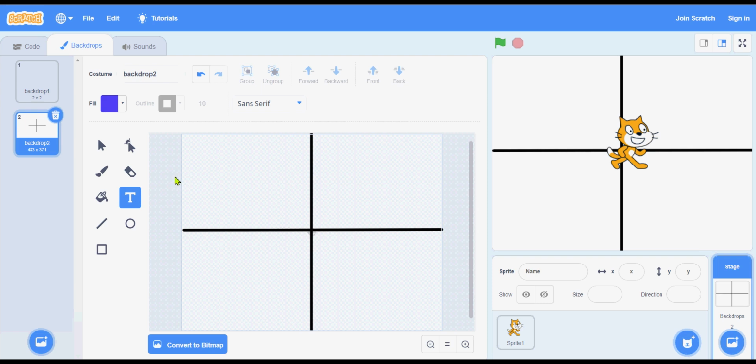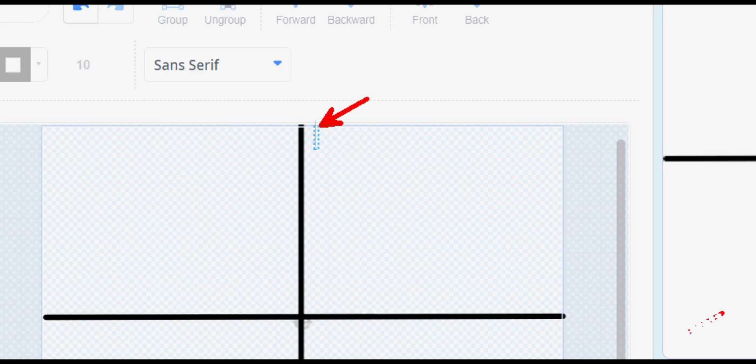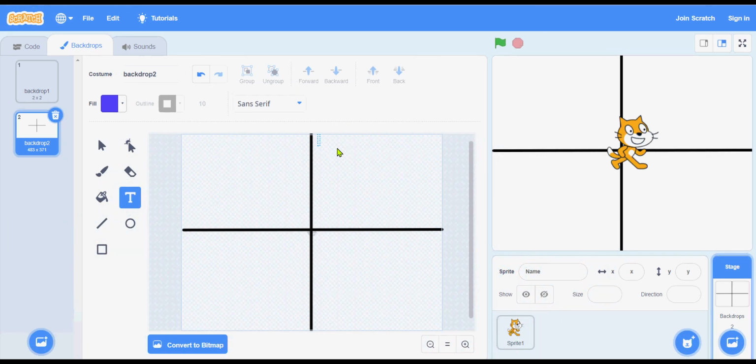So I'm in text mode, and now I'm going to move my mouse and I'm going to start typing right here. So I'm going to click the mouse, and you can see how right there that little blue rectangle shows up. That's the text field where your text is going to appear. So I'm going to type in north. And that north is the same color as the fill over here. That looks all right. Now I'm going to come over here and click maybe right there. Oop, there we go. I had to click twice to get out of the north word. And this is east, and south,